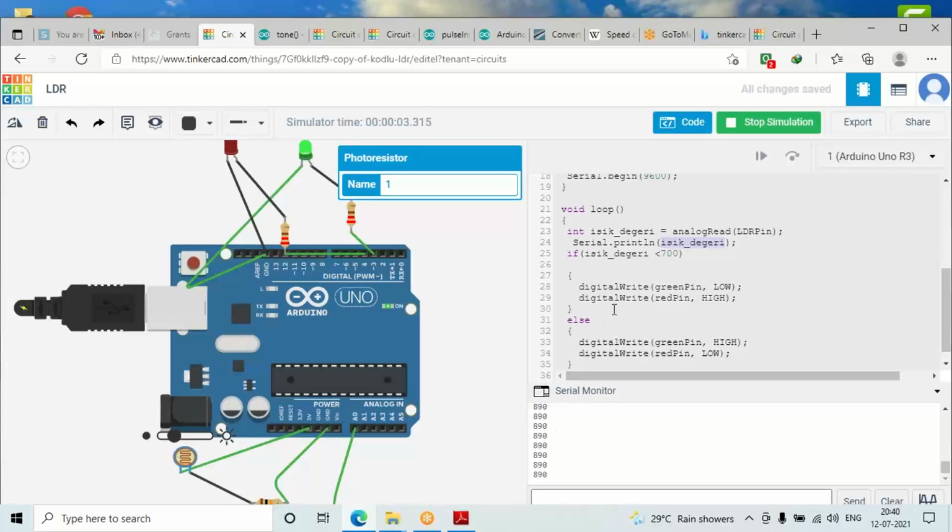Clear? Now once we have the photoresistor value, we can write some if condition and, based on that, perform our task. What we actually have to do is sense the daylight. So I have done the project as: if daylight is there then do something, and if daylight is not there then do something else.